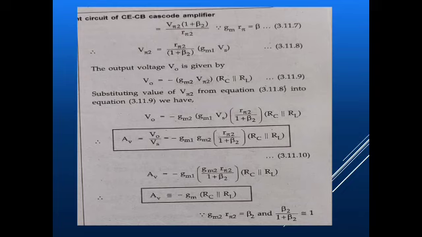From that we find the value of V pi 2 in terms of GM1 and Vs. Then we go for V0. The output voltage is given by minus GM2 into V pi 2, into the equivalent resistance RC parallel with RL. So that is V0 in terms of V pi 2. Substitute the V pi 2 value here and obtain V0 by Vs, which equals minus GM1 into GM2, that whole into R pi 2 divided by 1 plus beta 2, into RC parallel with RL. That is approximately equal to minus GM into RC parallel with RL, where GM1 into GM2 can be given as beta 2.